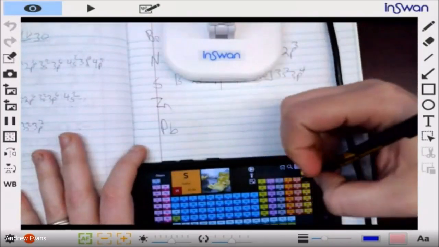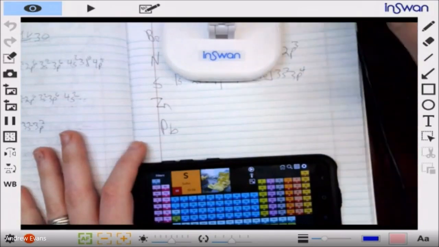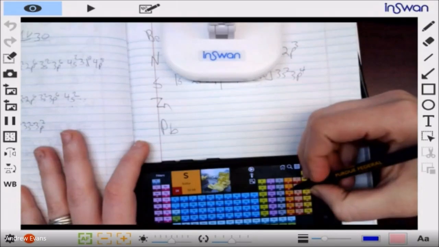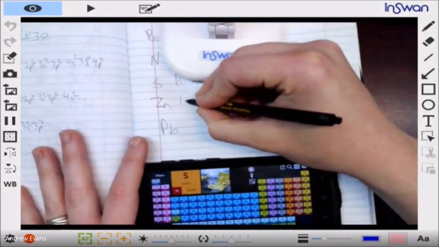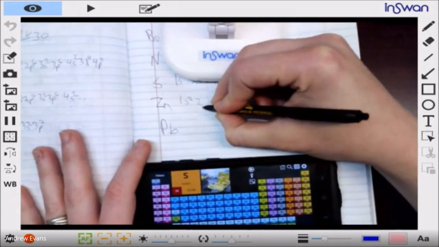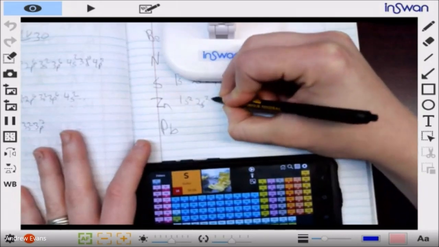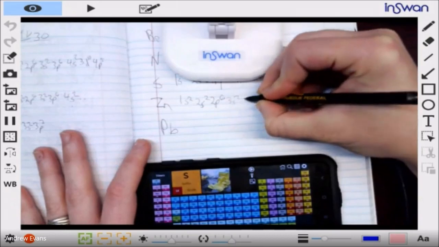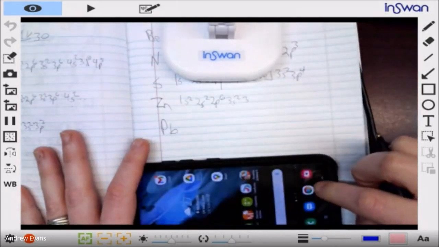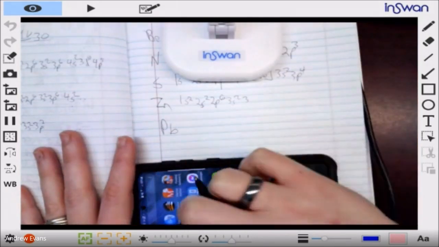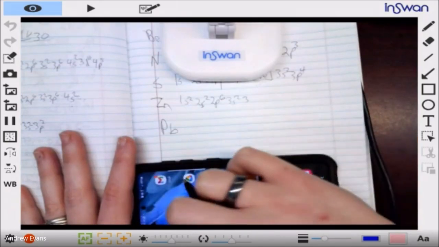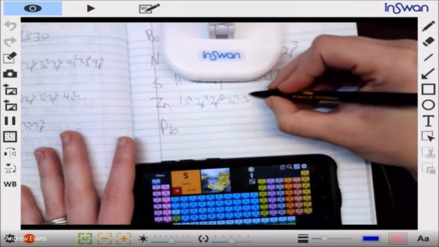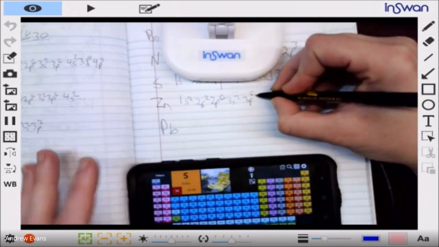Zinc. Zinc is our first one that's kind of getting heavy now. It's a transition metal. So once again, filling in all of sulfur's, 2s2, 2p6, 3s2, 3p at the very end, up to argon, 3p6. Starting the next row,